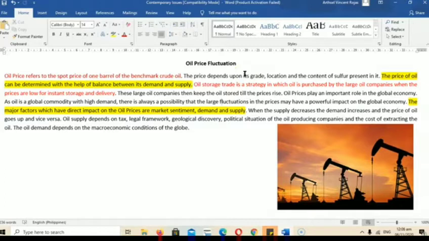So where do we get most of our oil reserve in the earth? We have it in the Middle Eastern countries. Most of our oil reserves are produced and extracted from the Middle Eastern countries, which is part of Asia. So now, as you can see here in the picture, this is a dredging equipment or dredging machine. What is the purpose of this dredging machine? It needs to extract, it needs to get the oil underground or beneath the earth.